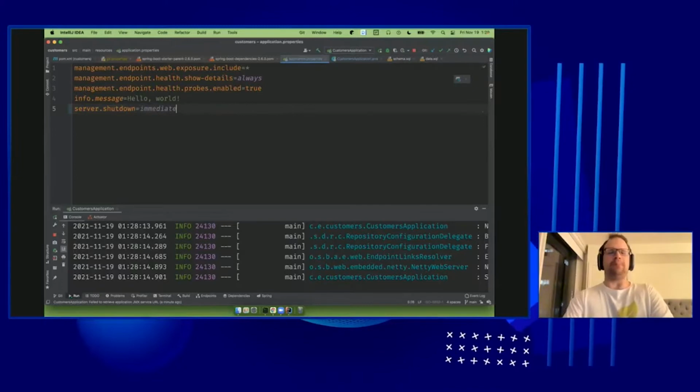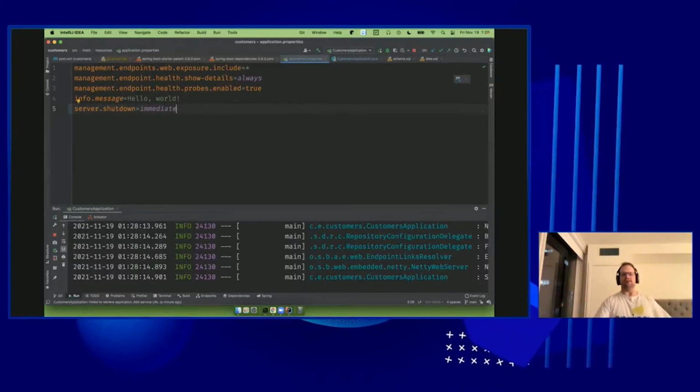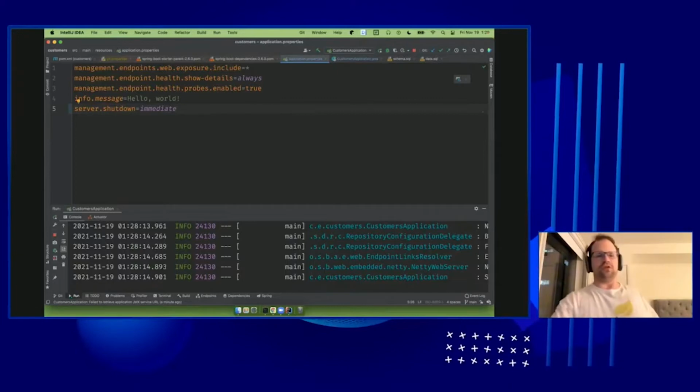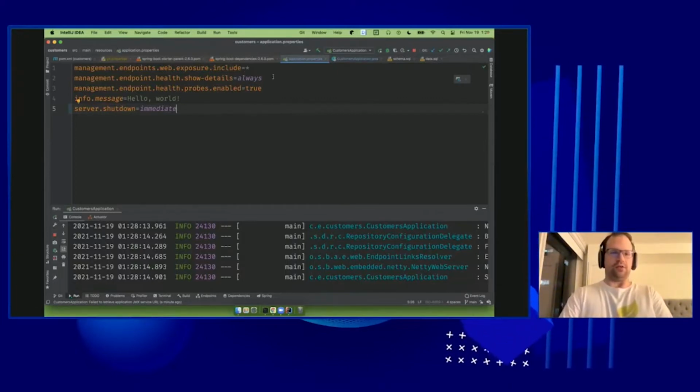By default, what happens is you get SIGTERM. SIGTERM means please shut down. And then very quickly you get SIGKILL, which is you're over, it's done. Basta, no more, right? The default server.shutdown is not what you want here. You want server.shutdown equals graceful, right? Graceful is good because